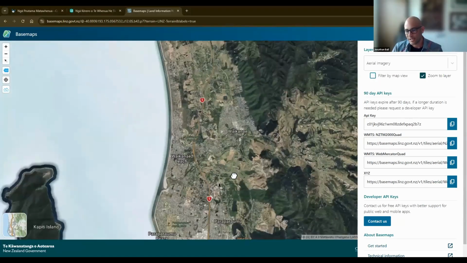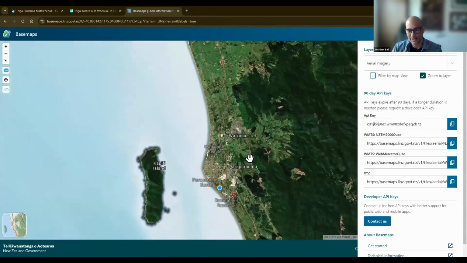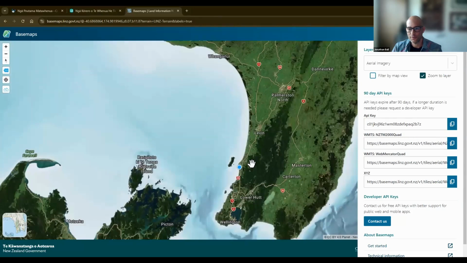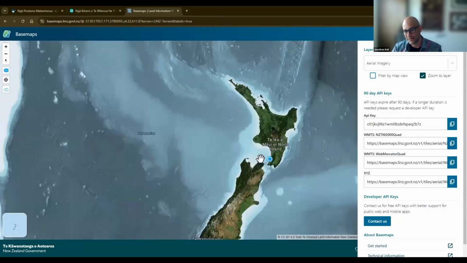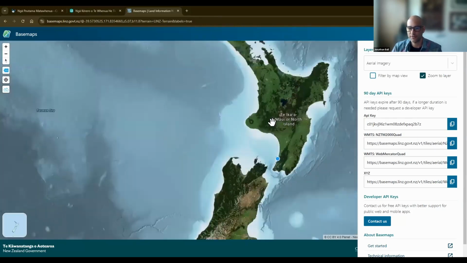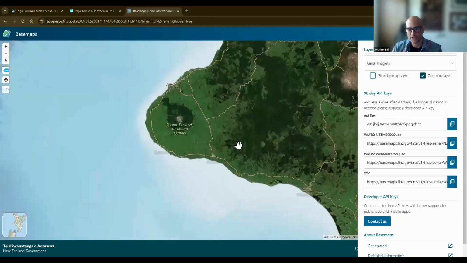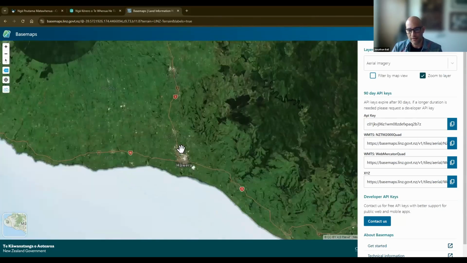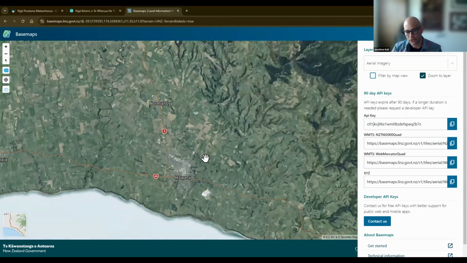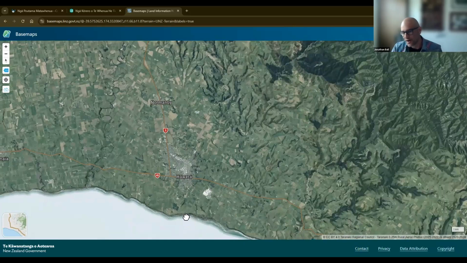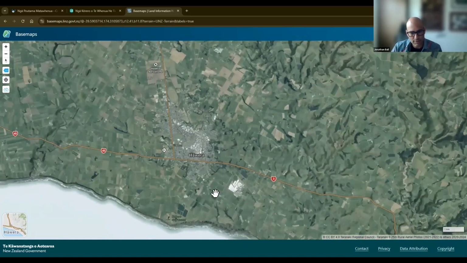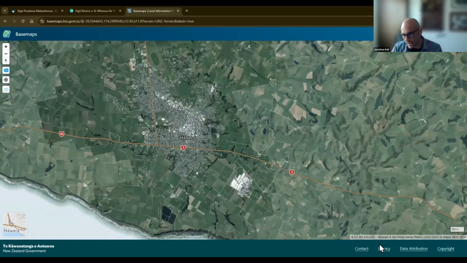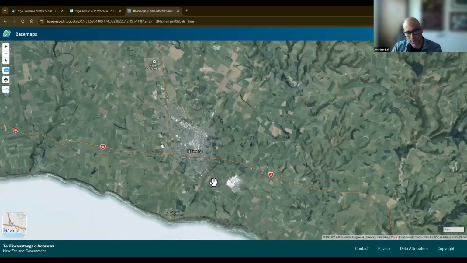I'll tell you a little bit about the aerial imagery base map now, what you'll see in there. When we start off with a global view, you've got GEBCO bathymetry in there and satellite imagery, so a whole picture of New Zealand in one go. As we zoom in, we start to get what we call rural imagery, and that goes, let me turn this off for a sec so I can see the attribution. This is sort of 25 centimeter data, so each pixel represents 25 centimeters. And then as I go a little bit further in, you can see that extra layer popping in there?